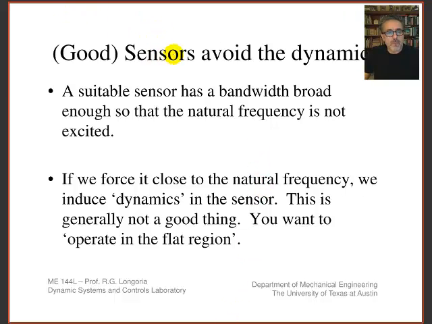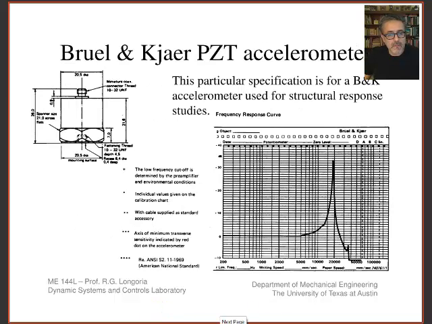So, bottom line is you want sensors, even though these good sensors avoid dynamics, you want that relationship calibration to be constant, but because of the way they're made, sometimes they have dynamic effects, but you want them to operate in these flat regions. If you don't have a knowledge of how those flat regions are formed, then it's hard for you to kind of design them if you're doing that, or to know why you're selecting them. And that's really primarily what, at minimum, what I want you to understand about why bandwidth is an important